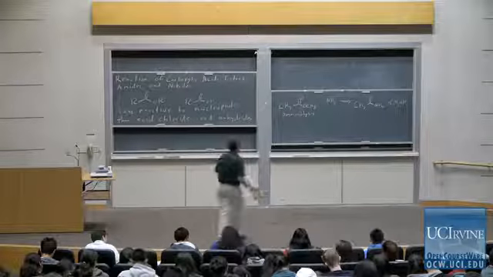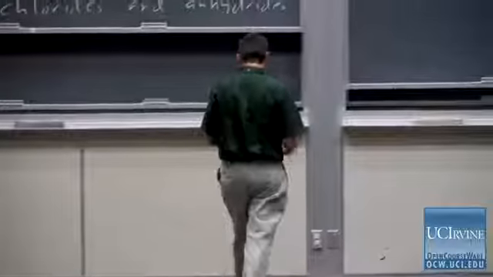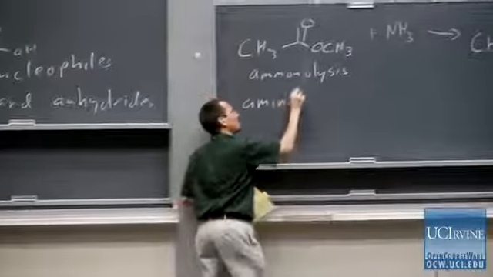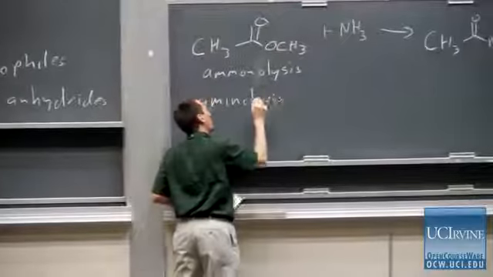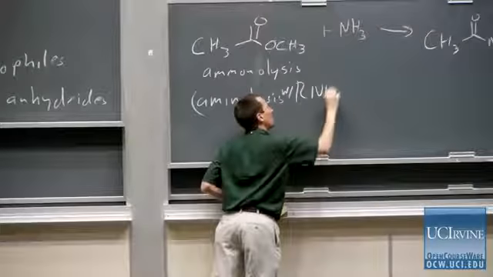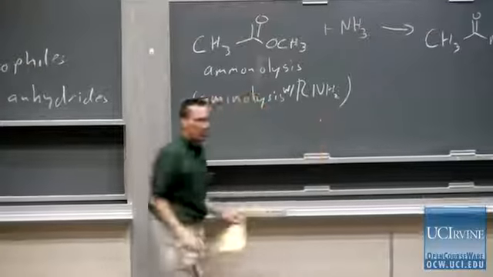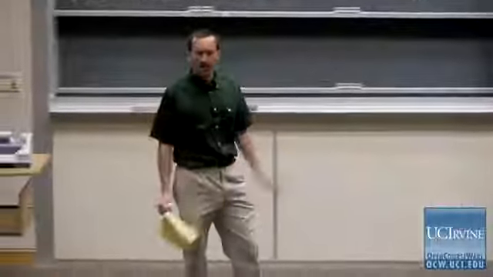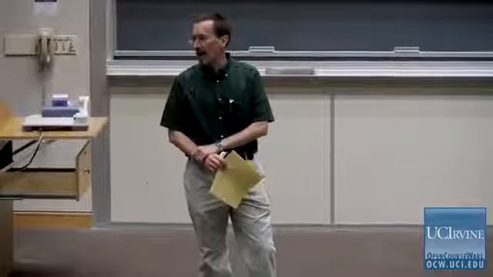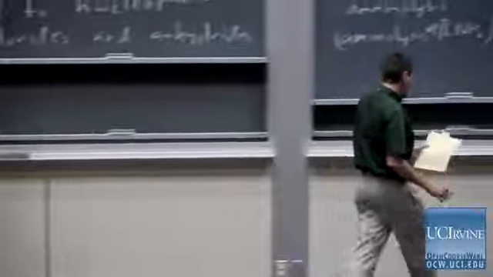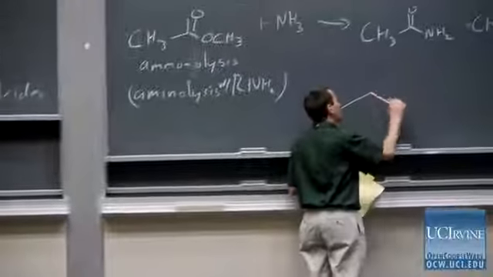Now, I've been trying to keep everything simple up here. What I really wanted to draw up here was an aminolysis. These names don't matter a whole heck of a lot. An aminolysis would be with an amine with a general structure of RNH2, or even a secondary amine, although they're much less reactive. So there's a primary amine. But since I'm trying to keep all of our drawings simple today, I'll show you an ammonolysis instead of an aminolysis. And the mechanism for this, I'm not going to write it out in gory detail because